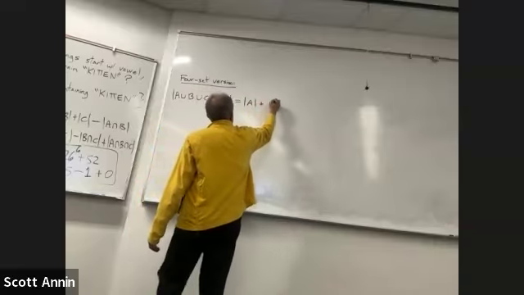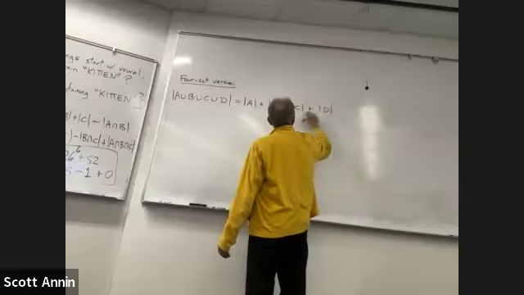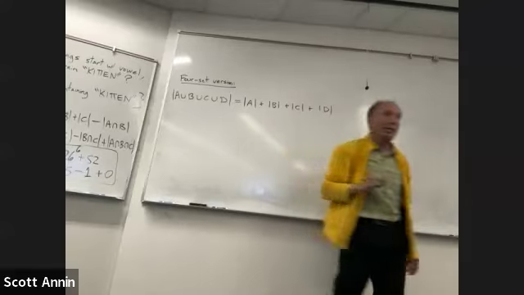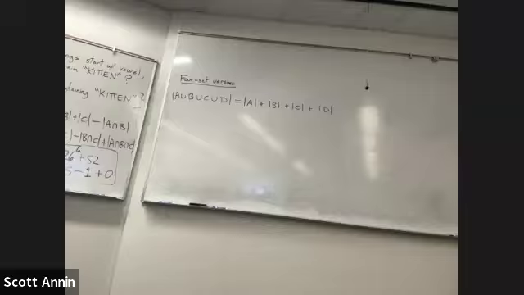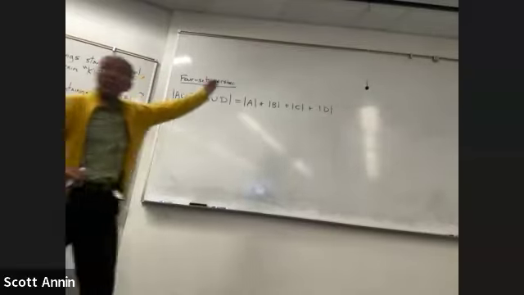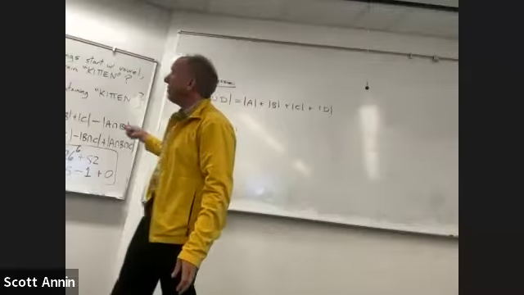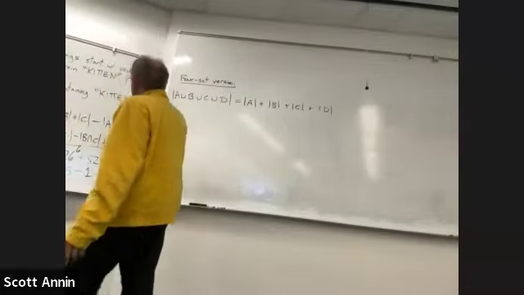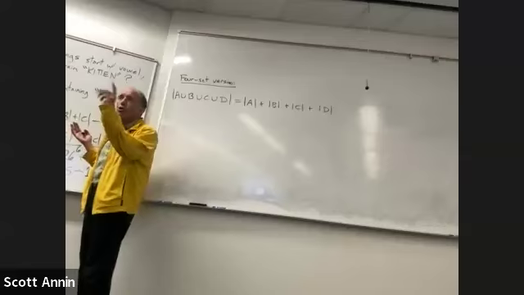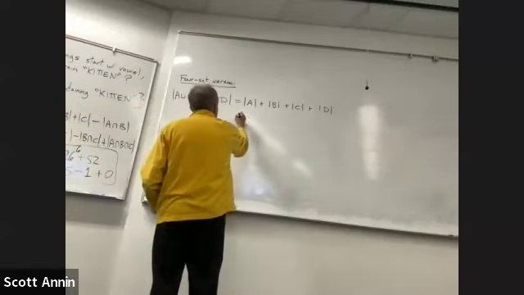First of all, it would make sense to add up all 4 sets individually. So the size of A. Give yourself plenty of room, by the way. I should have warned you ahead of time, especially if you're using paper. Make sure you have enough room because there's going to be quite a few terms. Those are the singletons, the individual sets. And then, as you can get the idea from the pattern here, you're probably going to need to subtract all of the 2-way intersections, right? So I'll go to a new line for that.